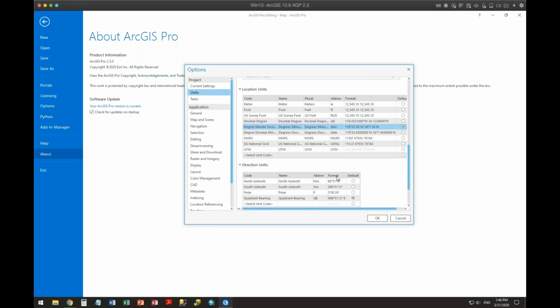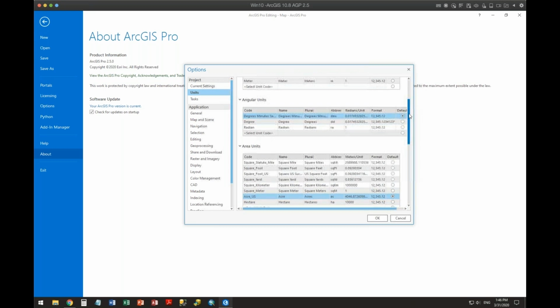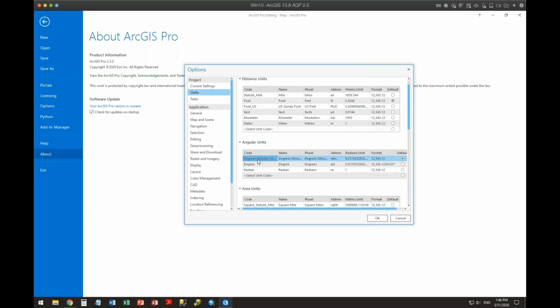because the reality is a lot of this is changing in the background. Again, I'm going to go a little deep dive here: the angular units, when it stores them, it actually stores it as a north azimuth number for that direction. It's reflecting back to you by how you tell it you want it to be reflected back. Whether you want it to be quadrant bearings, whether you want it to be decimal degrees, whatever you want it to be, that's what it's going to report back to you.